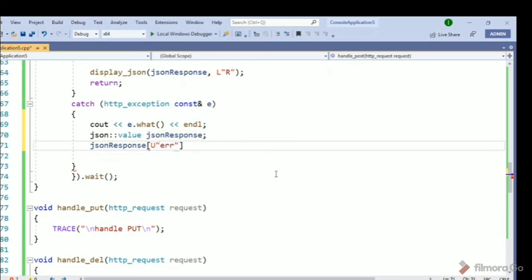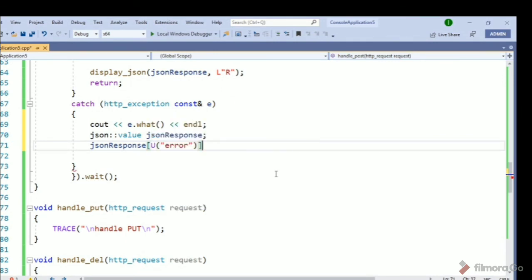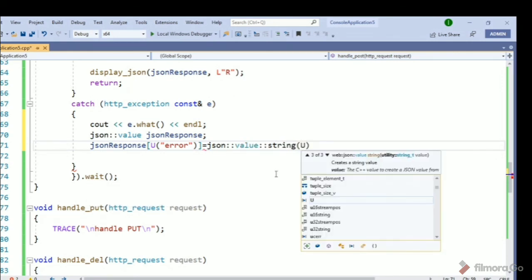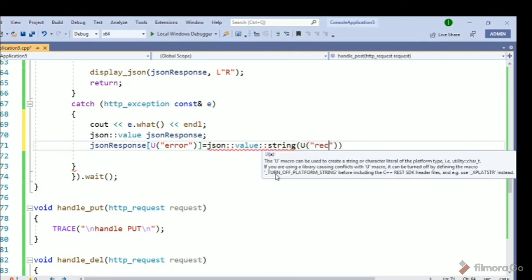So I will mark it as an error. Okay, so I will store here JSON value, then string, and then capital, then I will write something here like record not found.